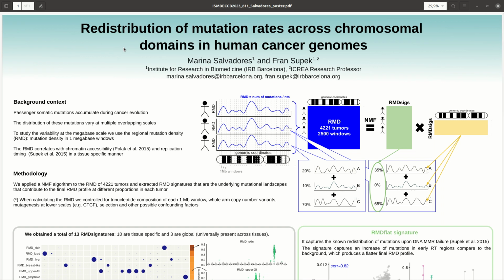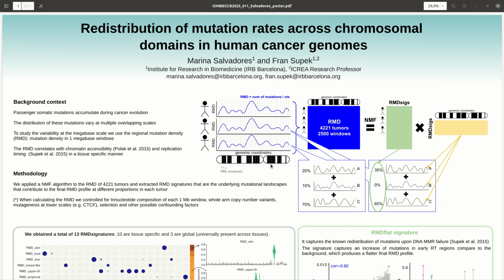To give a bit of context, passenger somatic mutations accumulate during cancer evolution, and the distribution of these mutations is not uniform. There are parts of the genome that substantially accumulate more mutations than others, and this happens at multiple overlapping scales. To study the variability in this mutation rate at the megabase scale, we use a feature that we call regional mutation density, or RMD for short, which is basically the count of mutations in 1 megabase windows along the whole genome. Previously, this regional mutation density has been correlated with chromatin accessibility and replication timing in a very